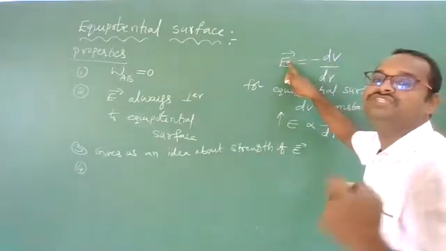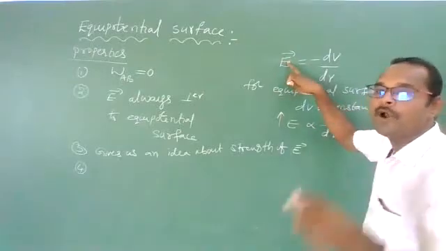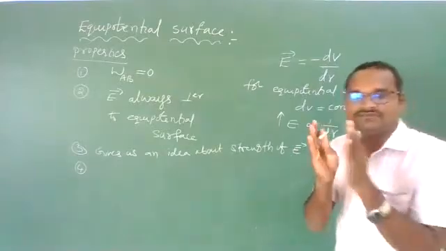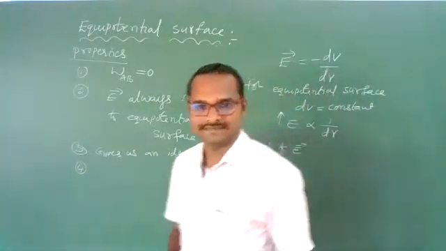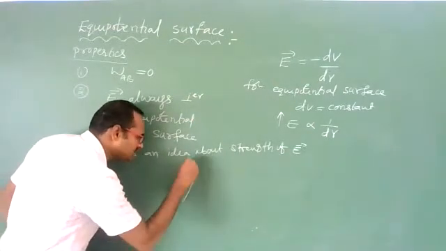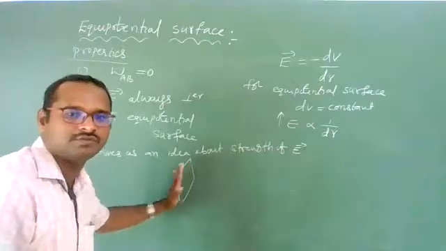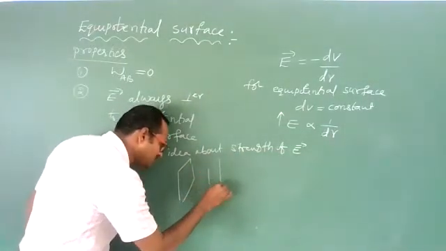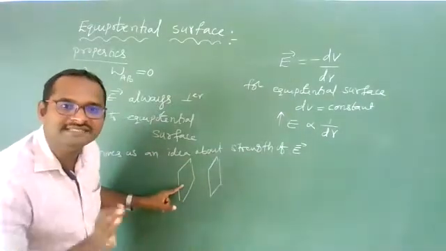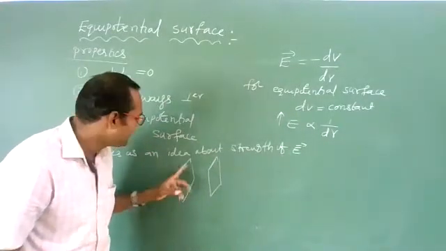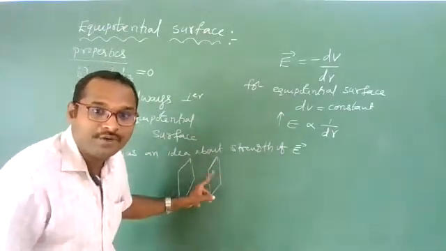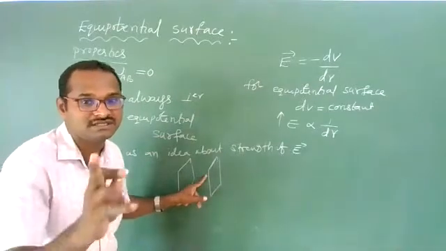In which direction does the electric field point? Always in the direction of decrease of potential. In which direction is potential decreasing? Consider here one equipotential surface, like this. Imagine this is perpendicular to the board. Here, one more equipotential surface. At each and every point on this, the potential is the same, so that's why I am calling this an equipotential surface. At each and every point on this the potential is the same, and it is also an equipotential surface. Now one thing, the potential of this surface can be different.